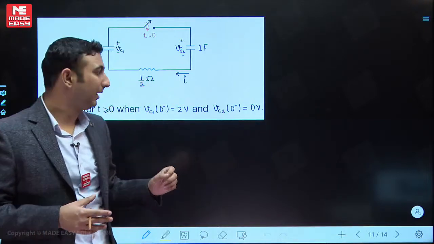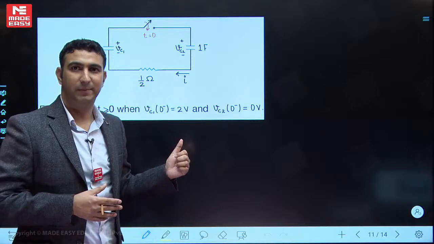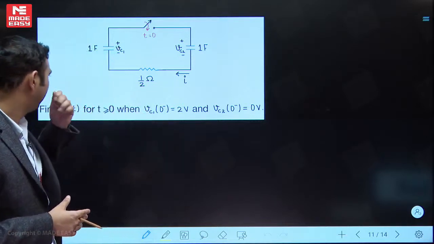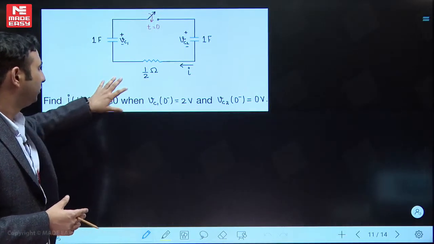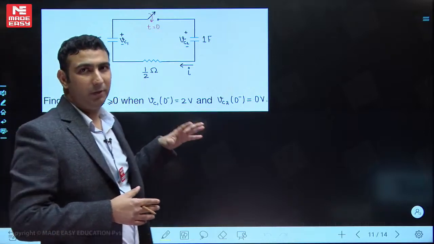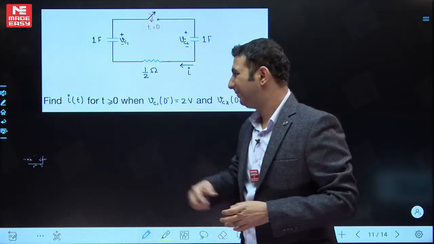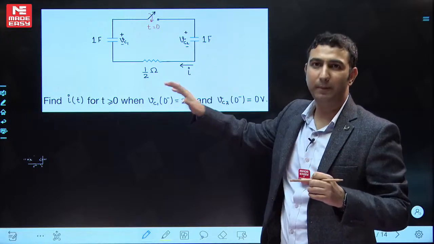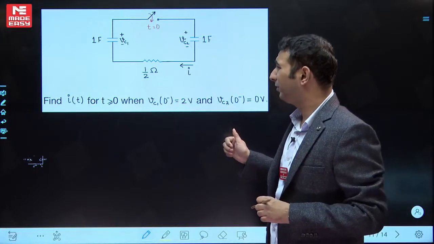Everything can't be done over here. So whatever is important, I'm trying to cover as much as I can. So have a look quickly over here. This question can be solved either with the help of the Laplace or with the normal method. If you're not comfortable normally, let me show you with the Laplace, then we will go with the normal method also.